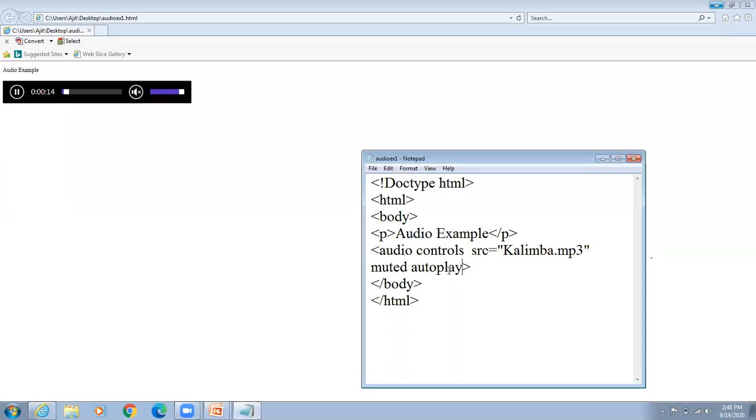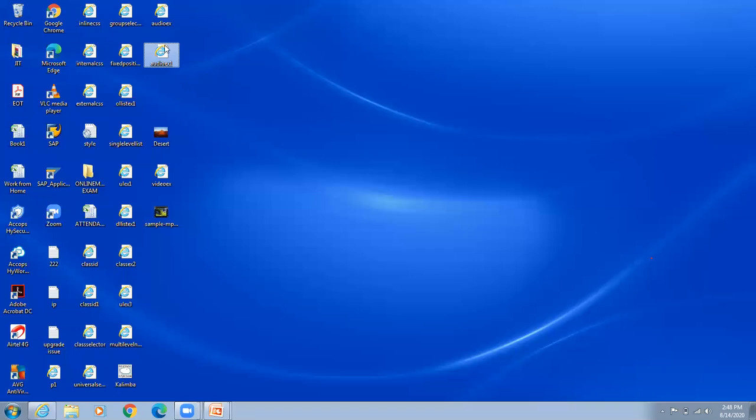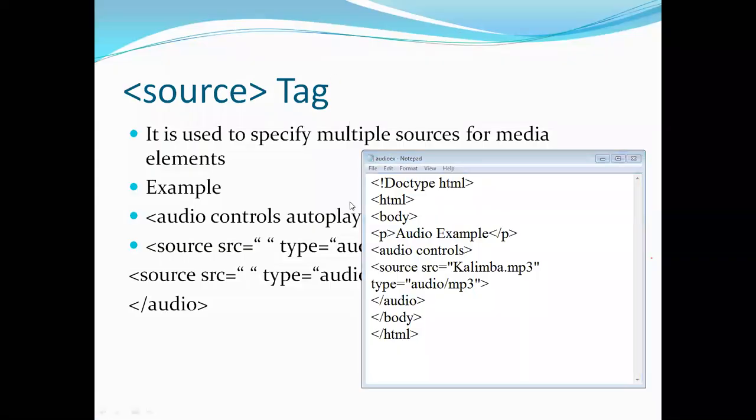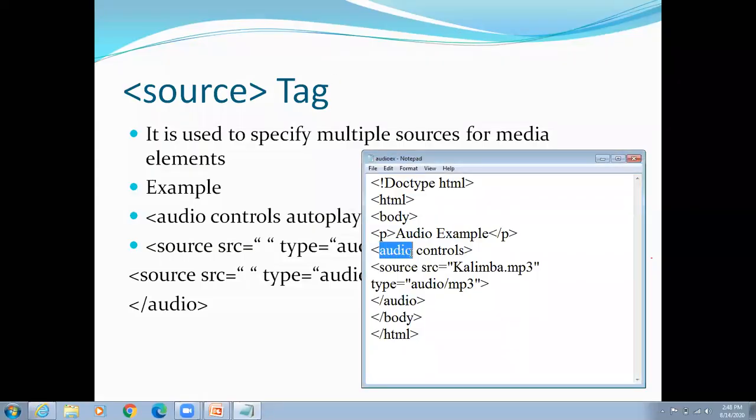If I want multiple sources, you can add the sound by source tag. Like this. See here, audio tag, source tag, put here src and the type attribute.